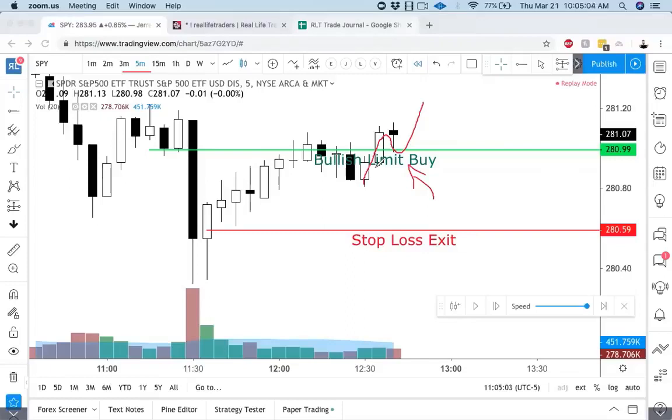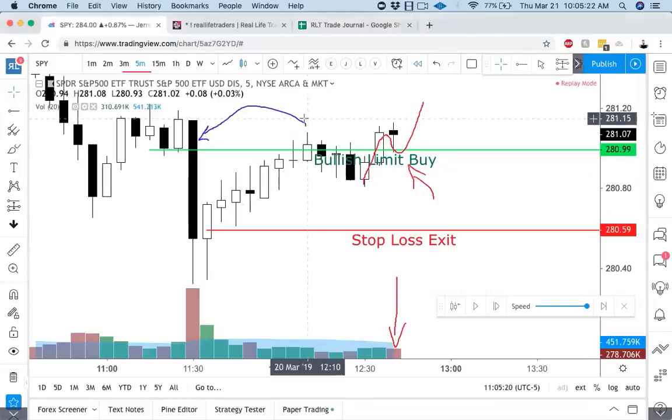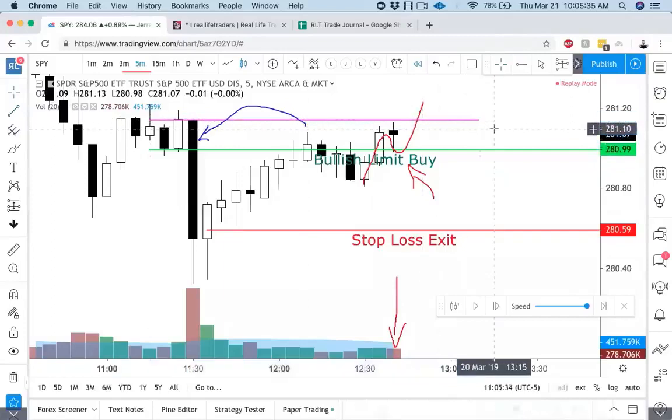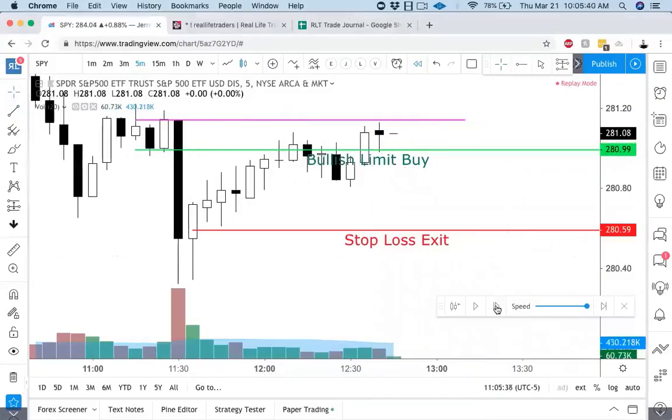So now what I can be very confident of is if the stock takes out this bearish volume, we're going to continue. And if at any particular point in time it closes above this bearish volume, we're definitely going to continue. So now all I would be doing is asking this stock to close above 281.14. I'm going to draw a line. And we're going to keep going step by step and just determine what would most likely happen on this trade. So next candle comes in,